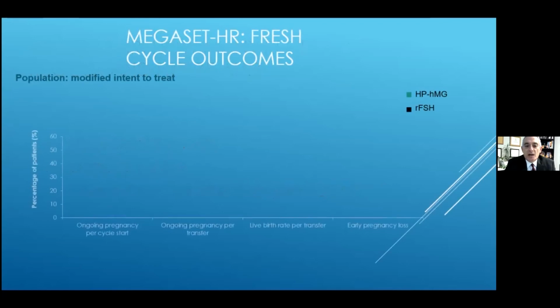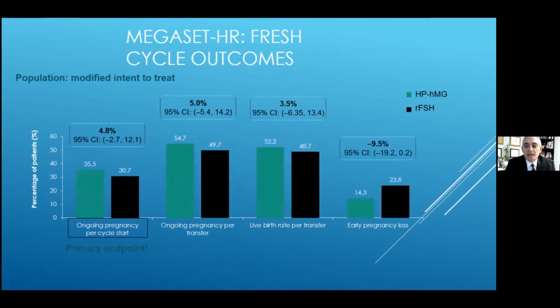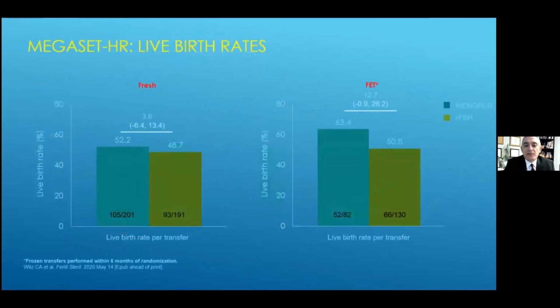What about cycle outcomes? Ongoing pregnancy rate was higher in the HP-HMG compared to REC-FSH. Ongoing pregnancy rate was higher by 5%. Live birth rate was higher by 3.5%. And early pregnancy loss was higher by 10% in the REC-FSH arm. But more importantly, this is the live birth rate, no real difference, a 3.6% increase between REC-FSH and